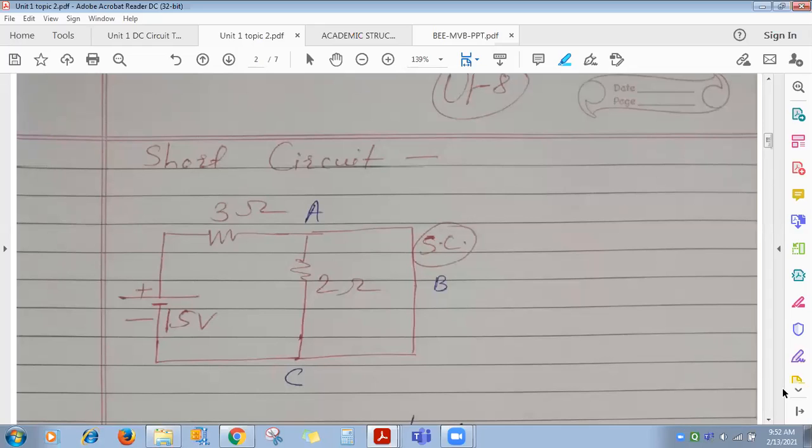For a voltage source, we want its polarity. For current, we want its direction. Whether voltmeters are connected or not doesn't matter, and the same is true for ammeters. Clear? Whenever we simplify the circuit using KVL and KCL, what do we observe? Current, its magnitude and direction. Voltage source or voltage drop, its polarity. So you connect a voltmeter or you disconnect it, it doesn't matter. You connect an ammeter or you disconnect it, it doesn't matter.